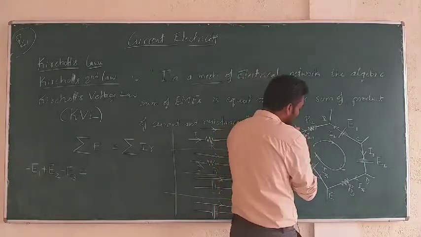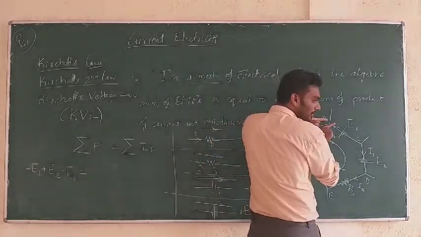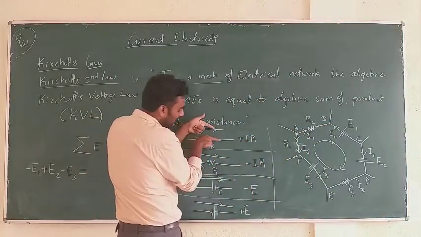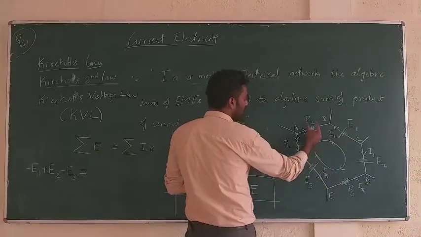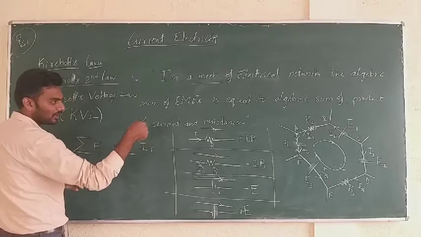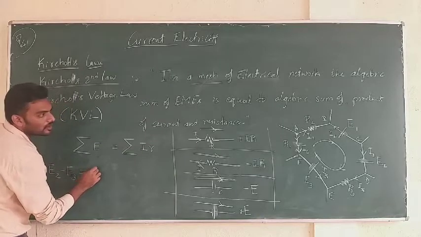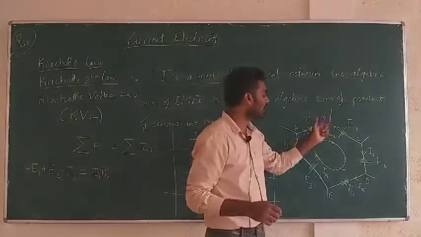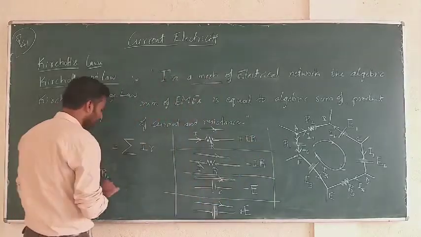And this is the direction of traversal, A to B. I am going like this, and the current is also in the same direction, right? So what does the rule say? If the direction of traversal and the direction of current through the resistor are the same, you should take plus IR. So the current is I1 and the resistance is R2, and hence the first part of the equation for the part AB of the mesh is I1 R2. From here to here it is I1 R2, positive again. So it is plus I1 R2.